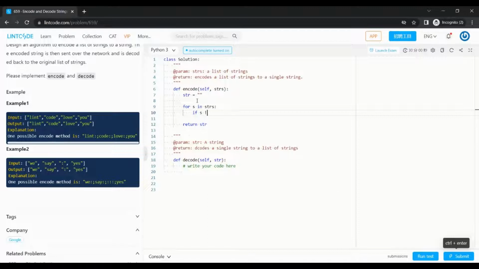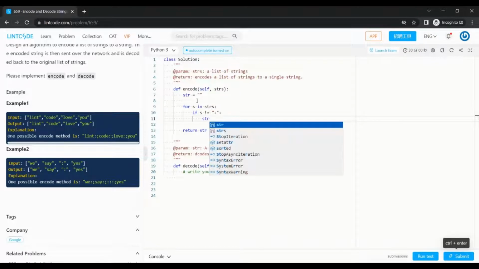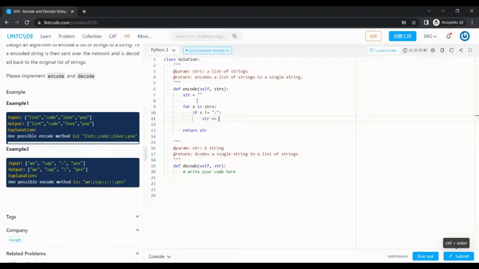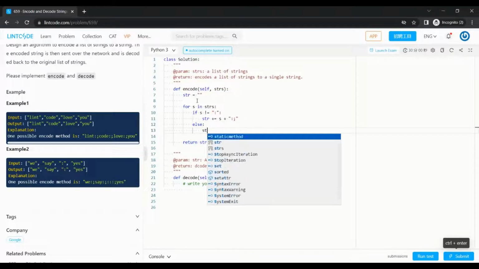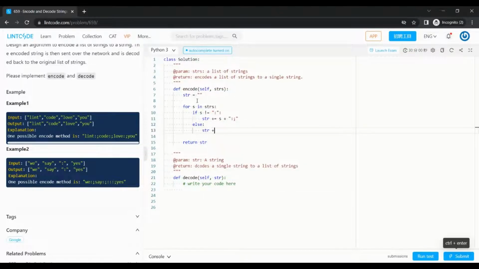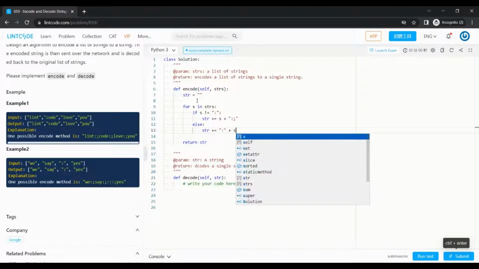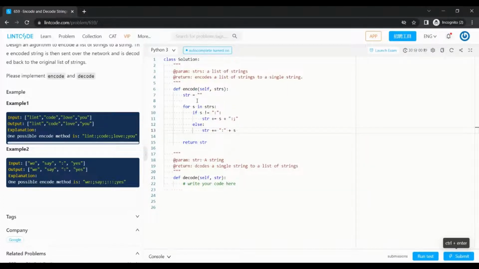If the string is not equal to colon, then we essentially have str equals str plus the special encoding characters. Else, we want to have this character followed by s followed by